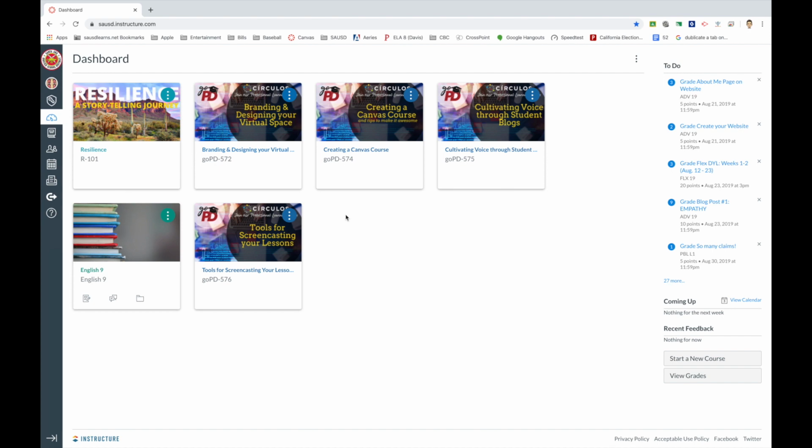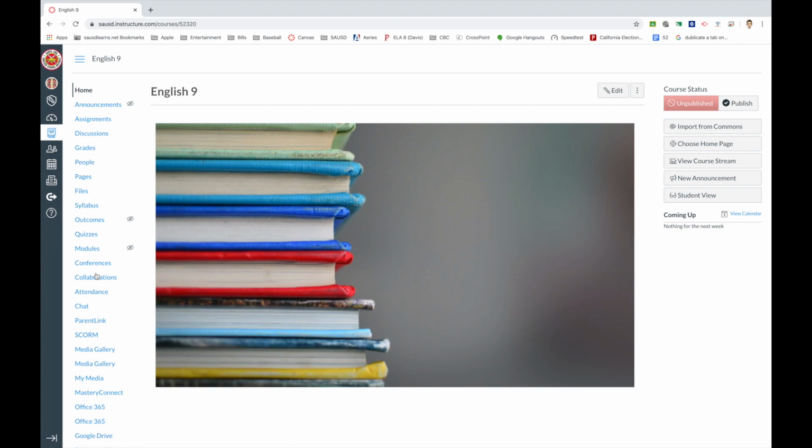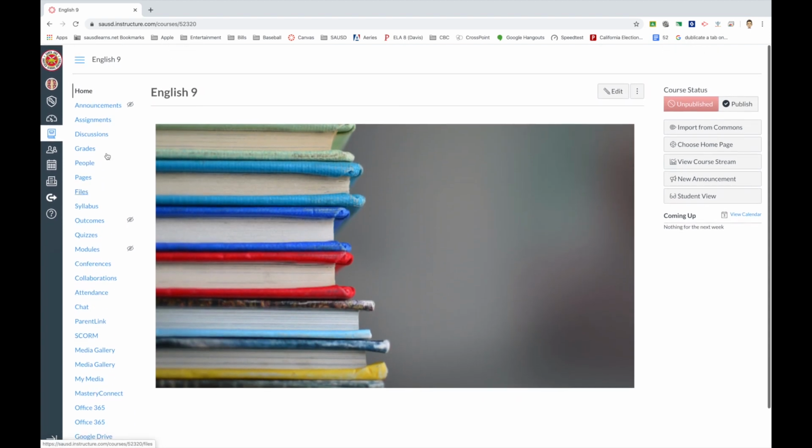Remember, we want to make Canvas easy to use, predictable. We want our students to be successful. We want to be successful with how we use Canvas. There are so many features you can experience with Canvas, but just getting started, we really need to simplify. So let's go into our course, and right away you're going to see a long list of navigational